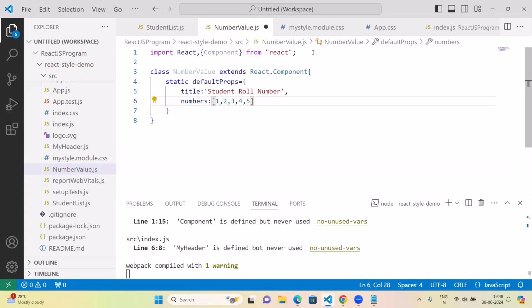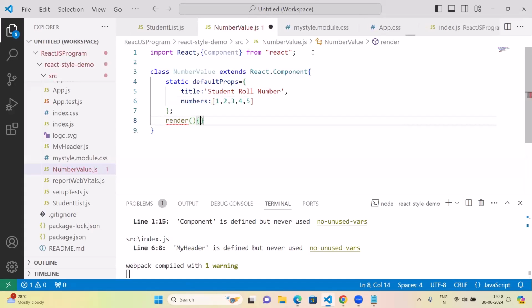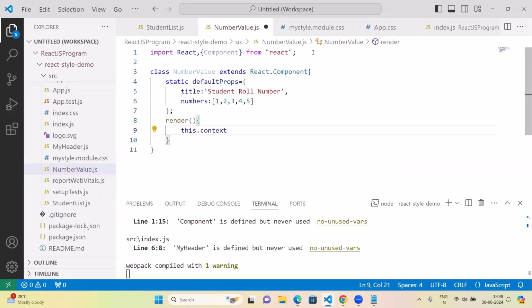Then after that, we have to give the semicolon. Then we need to write the render method, render, and in the render method we have to define an object const,